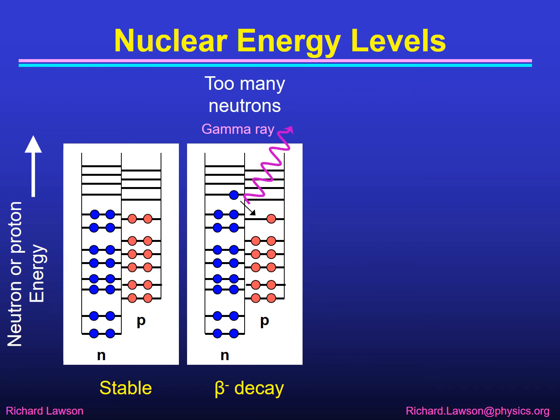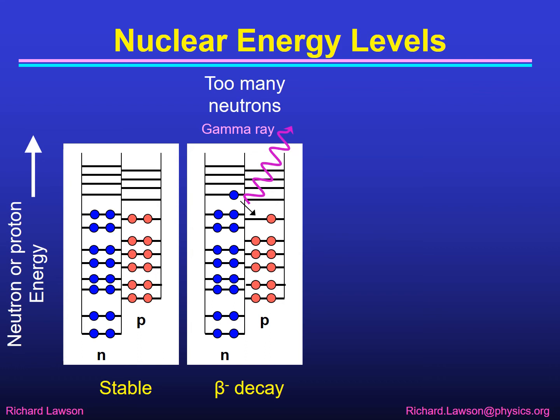But we can also get a state where we have a neutron up here in a state with a vacancy down here in the proton energy levels. So it can decay to a more stable, a lower energy state by moving this neutron down into this proton level. That will happen by giving off energy in the form of a gamma ray. To do it though, it's got to turn a neutron into a proton, and that's the process that we call beta decay, or technically beta minus decay, and it happens if we've got too many neutrons compared with the number